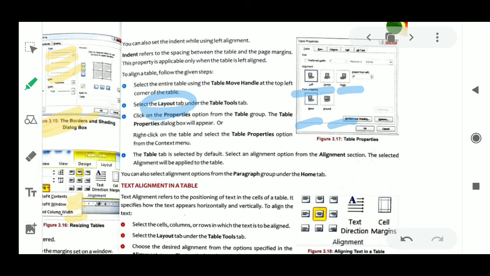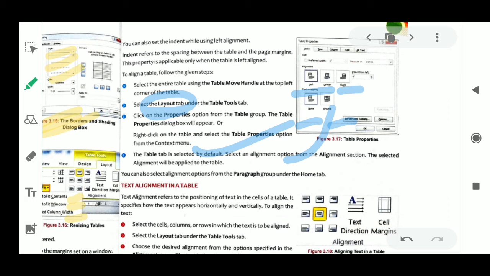In the table group there is an option for properties, where you can check the properties of that particular cell, and you can align your text. This is about alignment of text. You will see this in the layout option, in the table group, the properties option, and from there you can adjust your alignment, or there is a particular tab in the ribbon also to adjust your alignment.